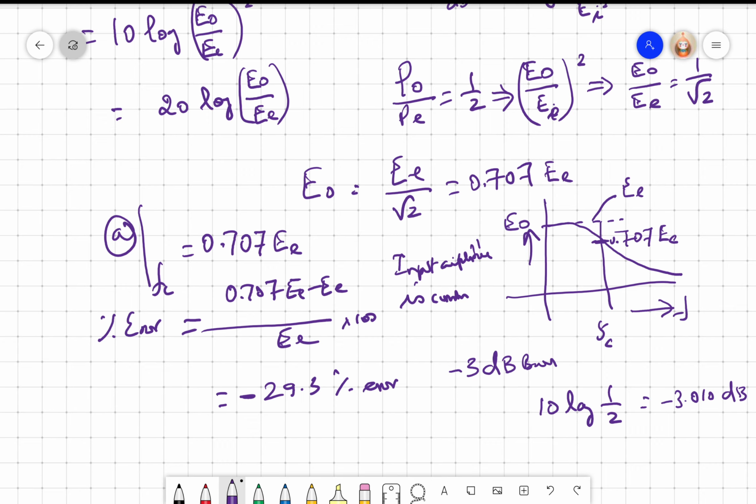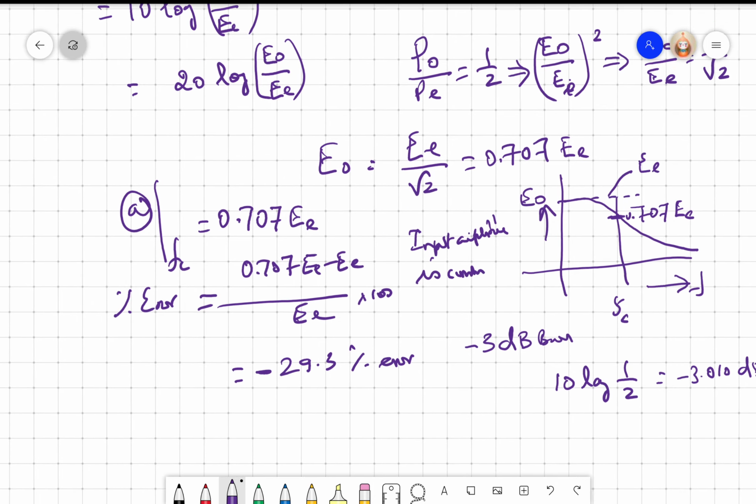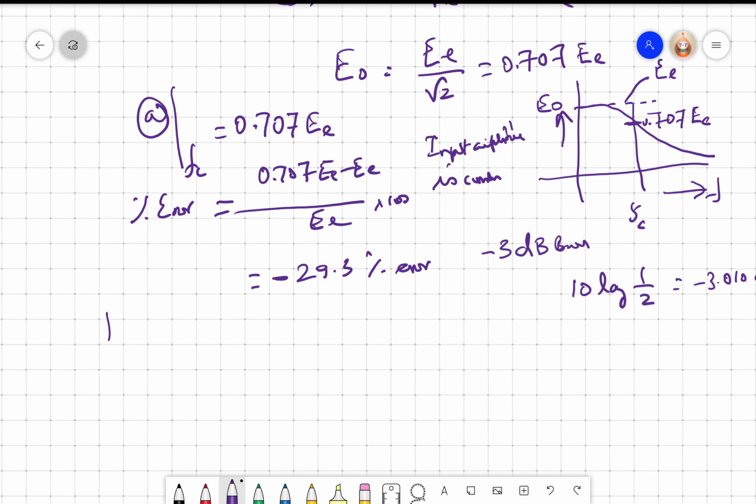We normally don't say minus 3 dB. We simply say 3 dB bandwidth. Whatever it is, it is not good for a transducer because the error is almost 30%, right? So what do we do instead? We do not specify the bandwidth of the transducer. This is very, very important. The bandwidth of a transducer is not specified,